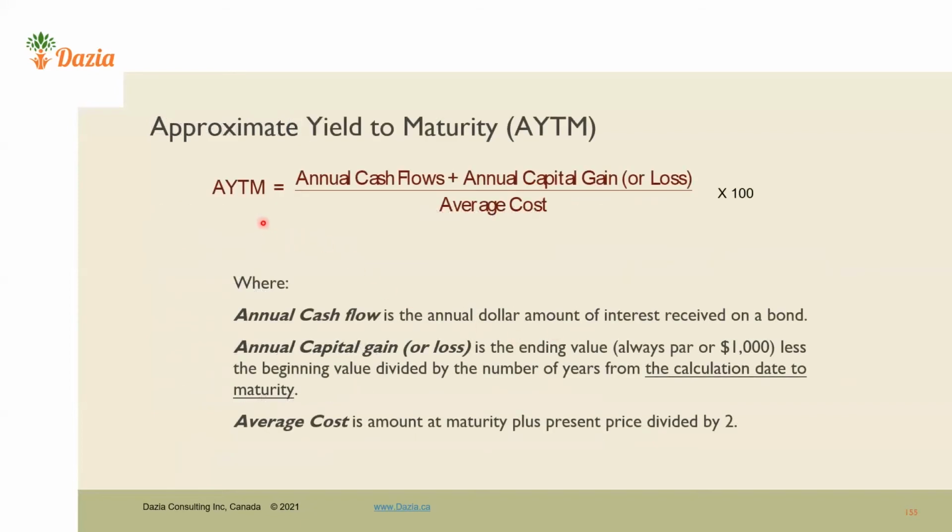So we did not hold that bond to maturity, but if you're holding a bond to maturity, then we need to do the calculation of the AYTM, or average yield to maturity, or simply the yield to maturity. Here we're going to take the annual cash flow, which is the same, how much interest you're getting in a year, plus the capital gain or minus the loss. So we need to see, are we in a benefit on maturity or are we going to have a loss? Then you divide it by the average cost and multiply by 100. So this is how we need to calculate.